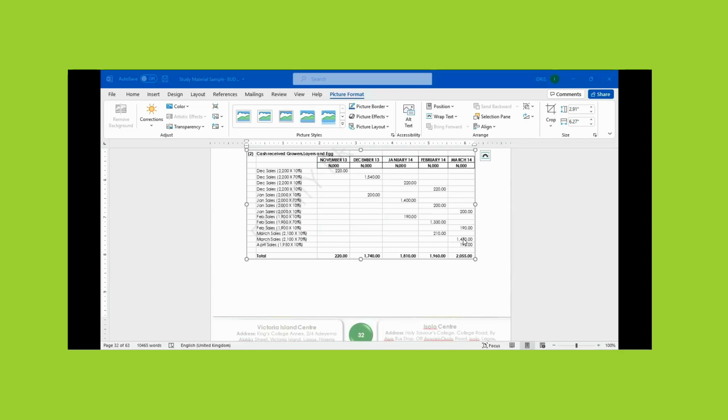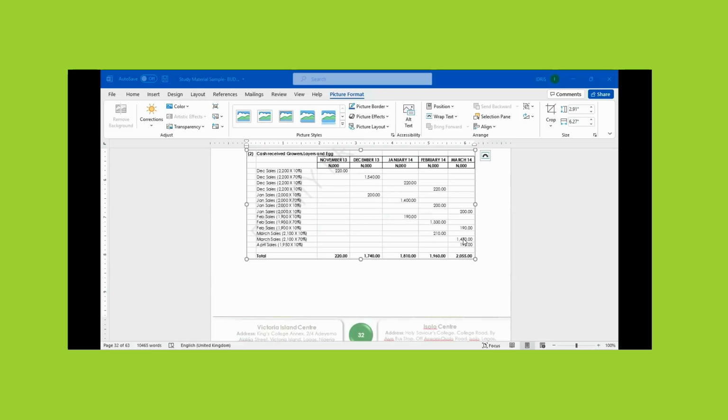10% of March sales, 1 month after, will be received when? In April. It's not in our budget. We ignore that one. The balance of 10% too, in May, we ignore. It's not in our budget. Our budget is January to March. Do we understand that? Yes, understood.